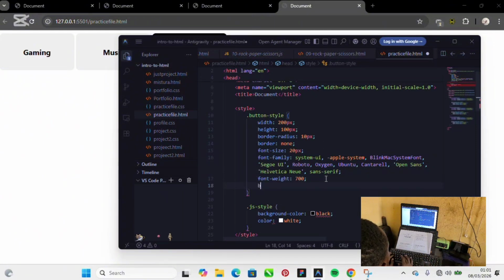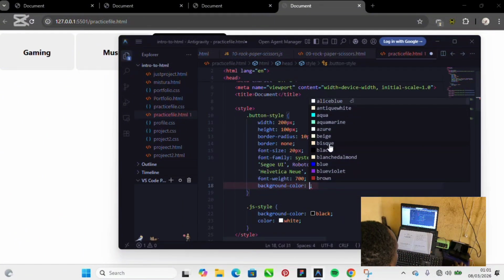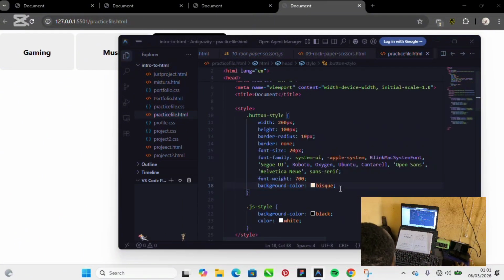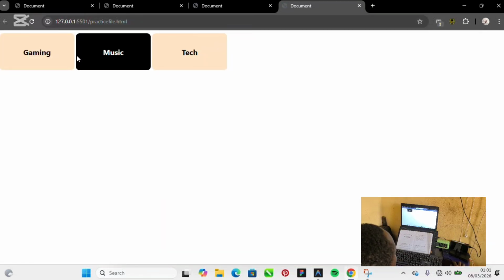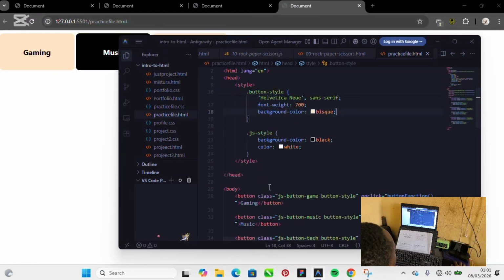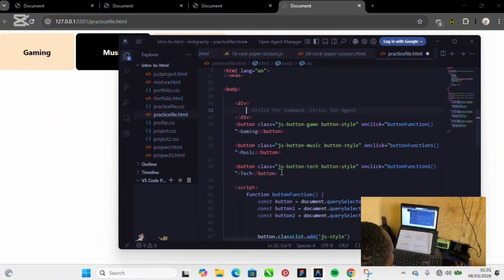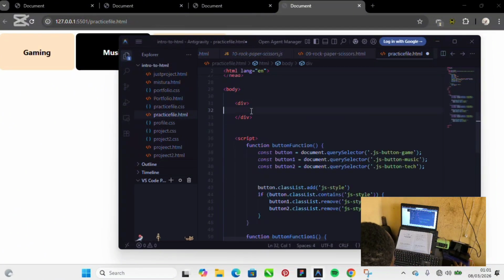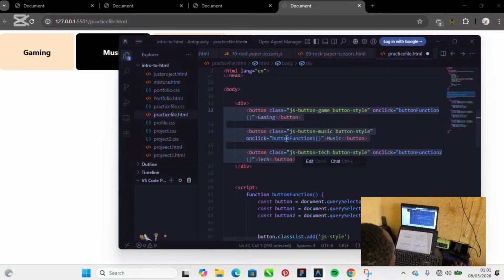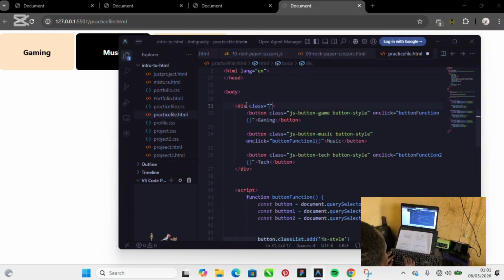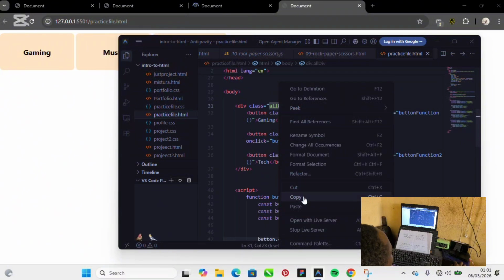So we have the background color. Let's do it something like this. See, I have my attribute right here. Then I have any places inside here to center it. So I have this X placed. I have to get this. Let me paste this. So let's give it all the and copy and